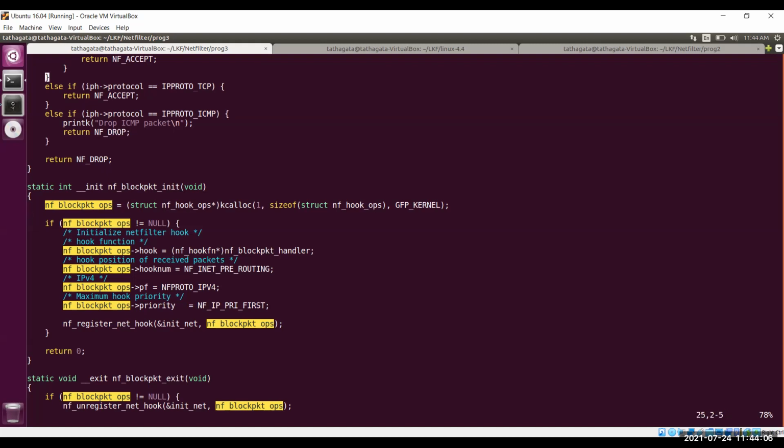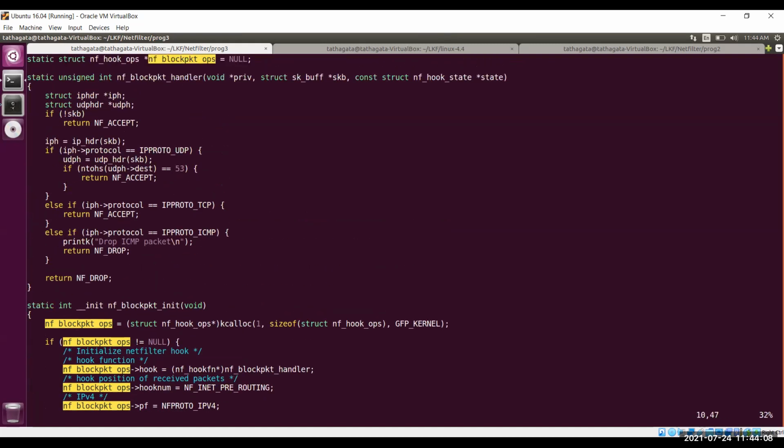So now let us check the hook function. As we are talking about the UDP header, I'm just showing you that if the destination port of the UDP packet is 53, then we may drop it.